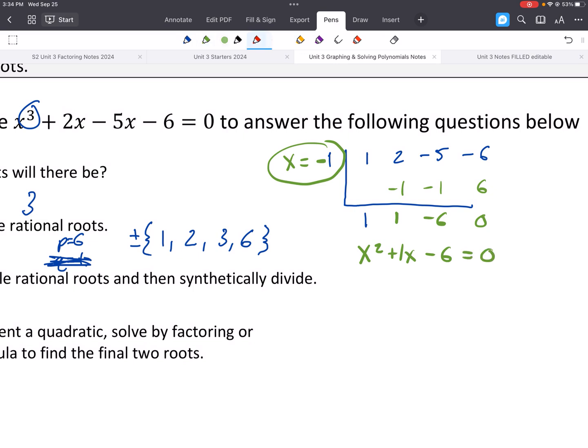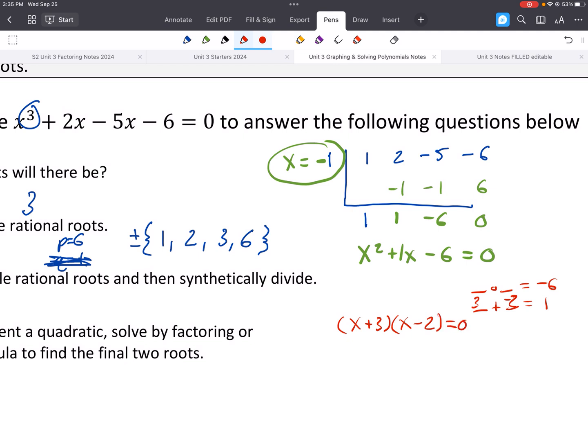And then we'll just need to find, well, what multiplies to -6 and also adds to 1. Since a is 1, like the leading coefficient, we can just use the shortcut. We can just write down our factors. All right, so what could work? We could maybe do 3 minus 2. Okay, 3 minus 2 would give you 1. And if you multiplied those, then that works out great. Okay, so we would end up getting x plus 3, x minus 2,